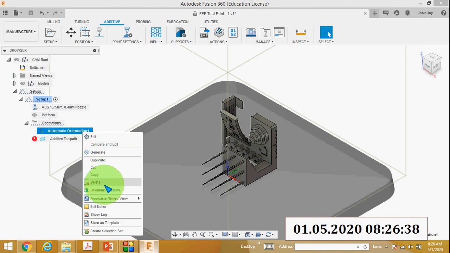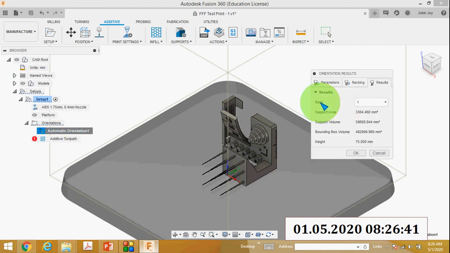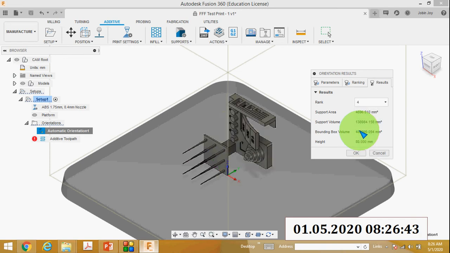Click OK to accept the orientation. You can see this is the orientation.